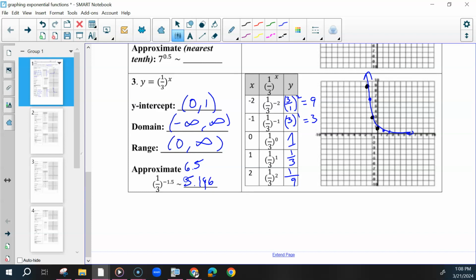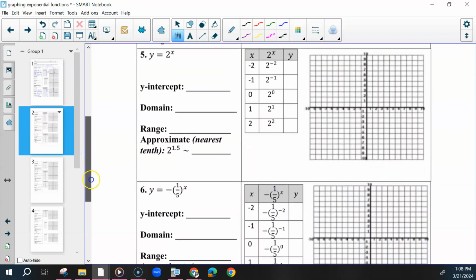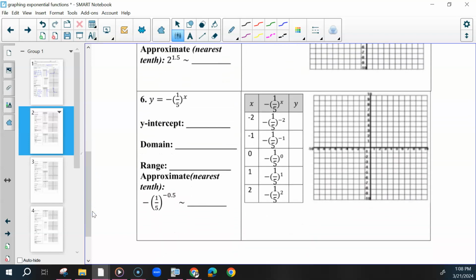Moving on, we're going to skip 4 because that's similar. 5 is similar to what we started with. We're going to do number 6 because now we have a negative. So I have to think about this like, okay, the negative is outside of the parentheses, not inside. So what we did before, where we took the base and we flipped it and made the exponent positive, is still happening, but there's a negative on the outside. So this would be